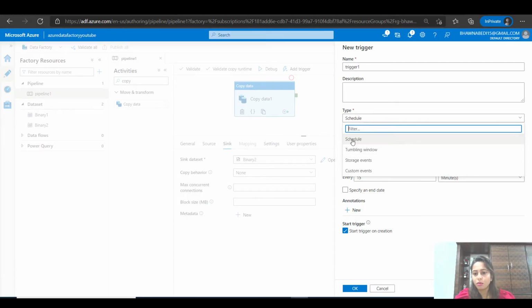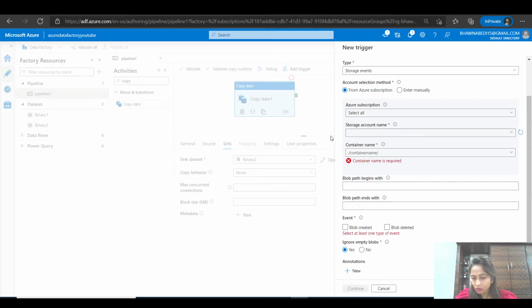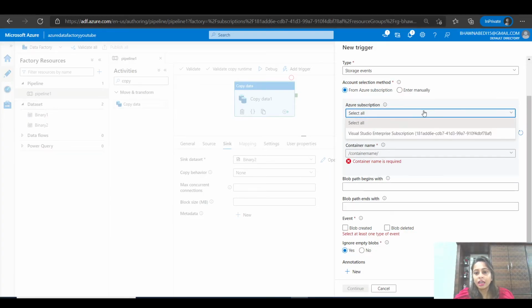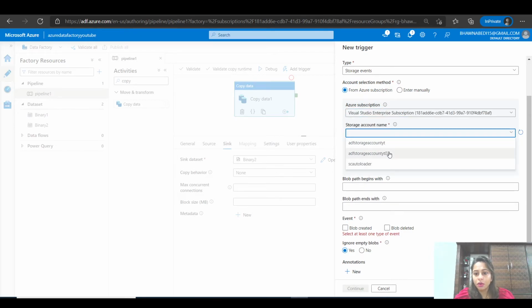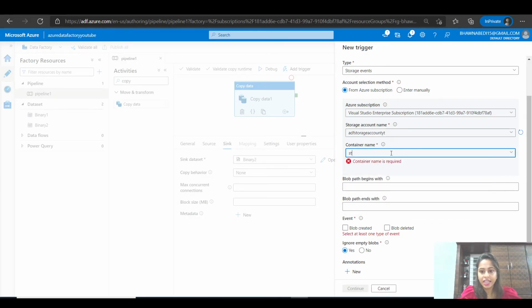Let's say I want to schedule it for some time, or let's click on storage event. If I click on storage event, it will ask you for the details of the storage account. When I say a file comes in your blob storage, it will ask you for the connection details, your storage account name, or what exactly is the file that you want to check for. I'm randomly selecting one particular storage account, and inside it I have a container named test,